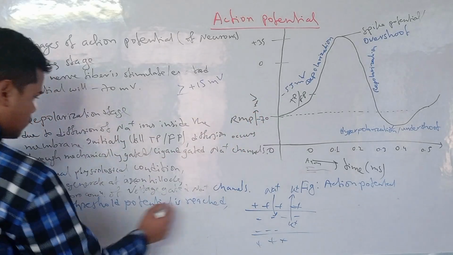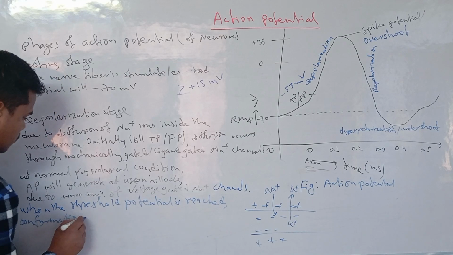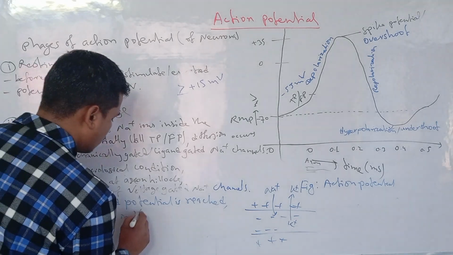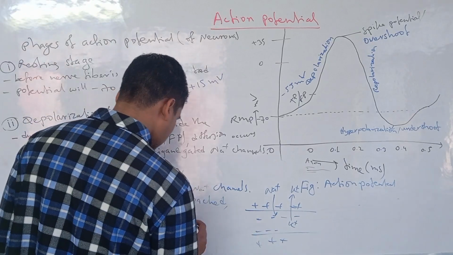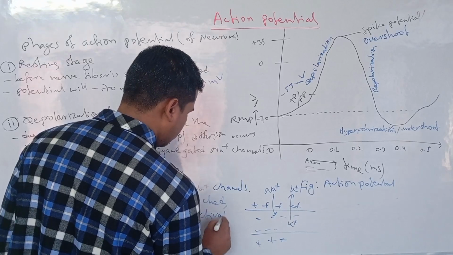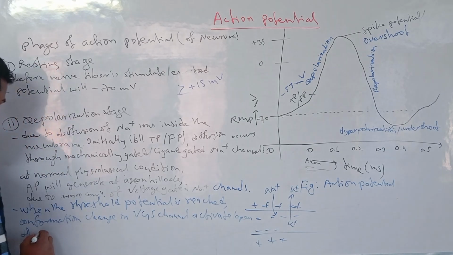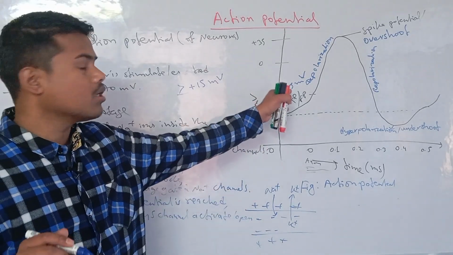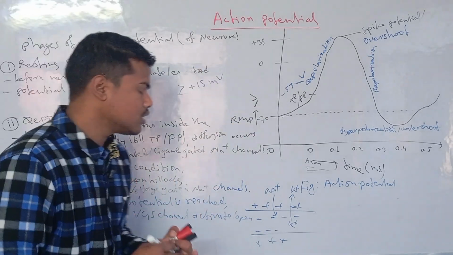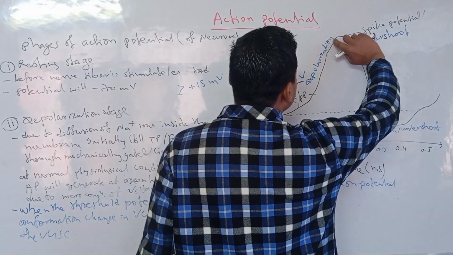This will lead to the conformational change in the voltage gated sodium channel, which activates or opens the voltage gated sodium channel, and rapid diffusion of sodium in a huge amount will occur through this voltage gated sodium channel inside the membrane, and the potential will rise till the positive